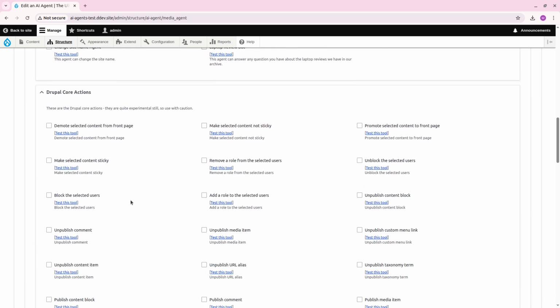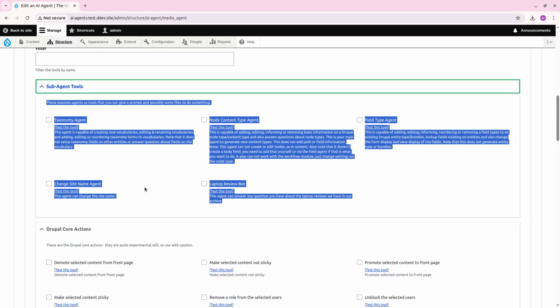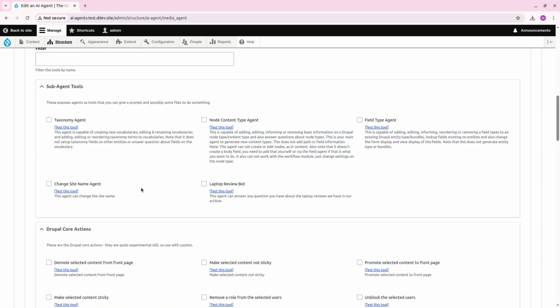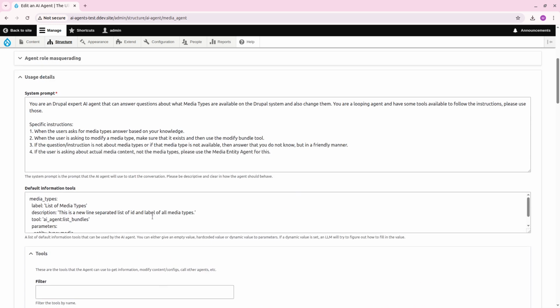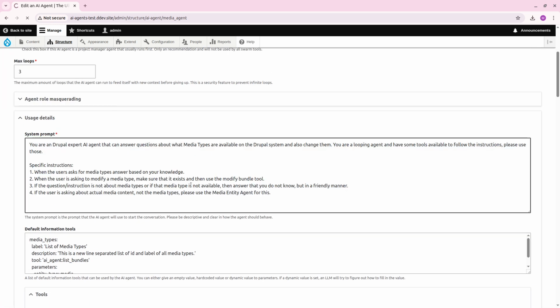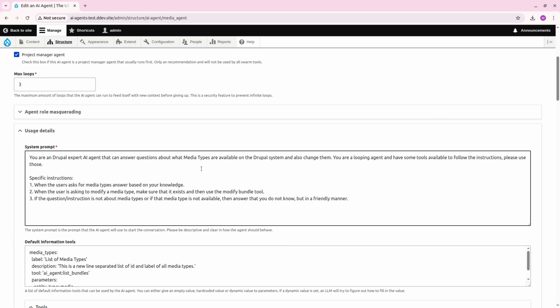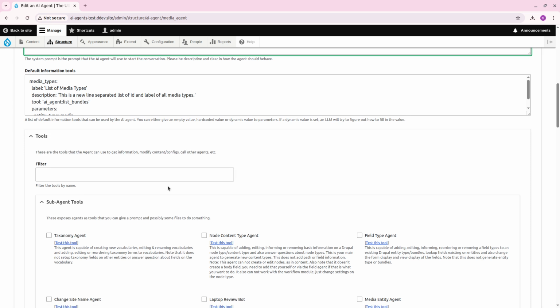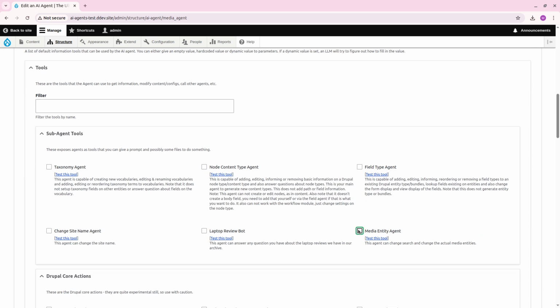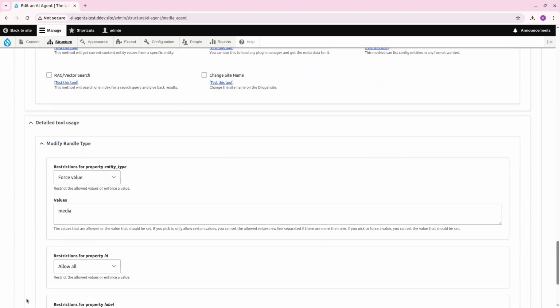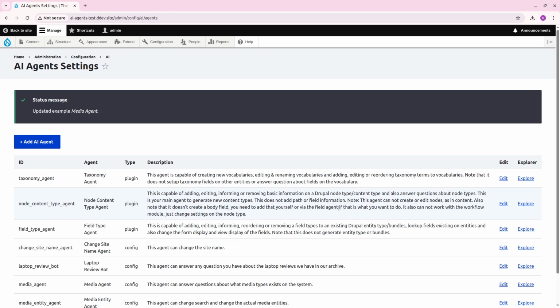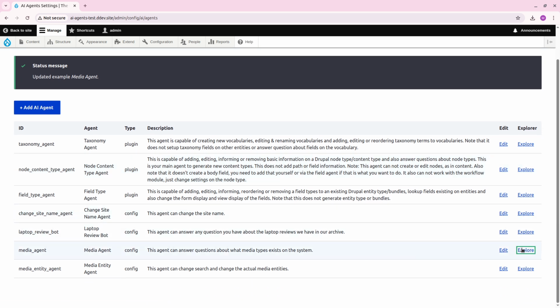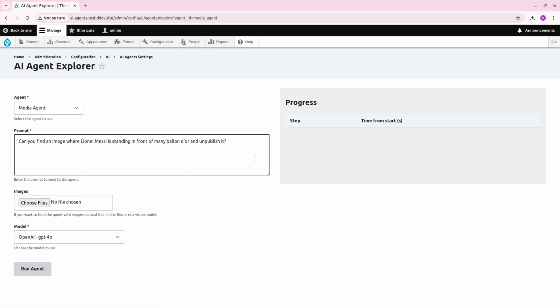that we can find under sub-agent tools. So you can see we have the, this is another thing I have to fix. So I'm just gonna flush the cache, make it available when you save it. So you see there's still a lot of work to be done. So we flush the cache and then the media entity agent is there. We save it, and then all of a sudden we can ask the media agent